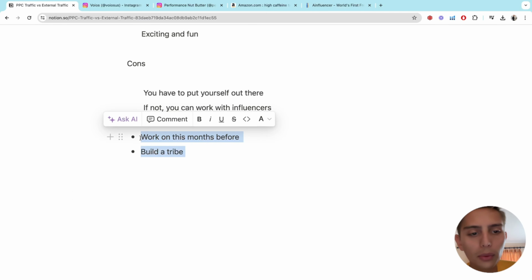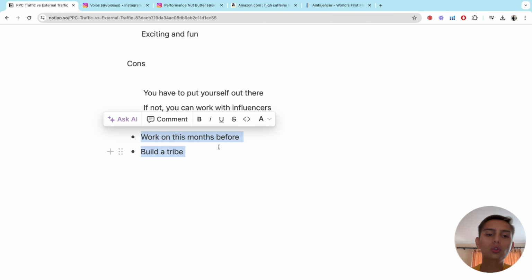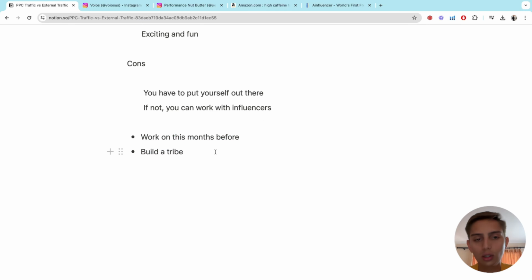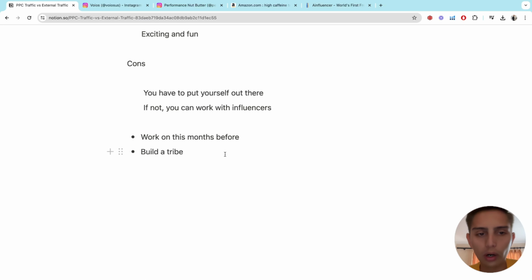And this is something else that I want to touch base on, okay? Most people just wait until they launch their product to work on the social media, okay? Most people don't even work on their social media, but they do work on the campaigns. So they just wait until last minute, until they launch the campaign, to start working on it. That's a huge mistake, okay? You need to work on your social media months before you launch, okay?